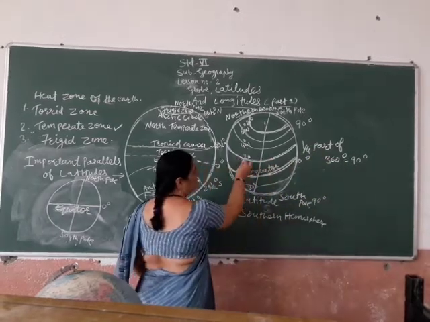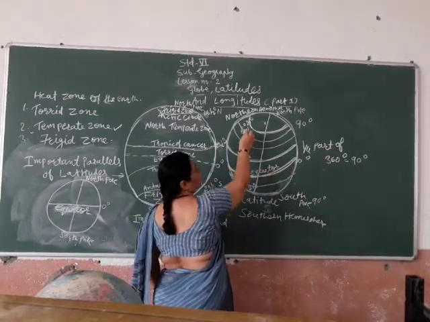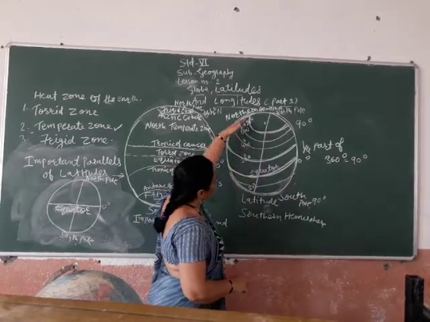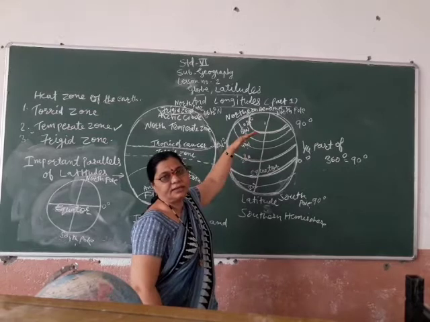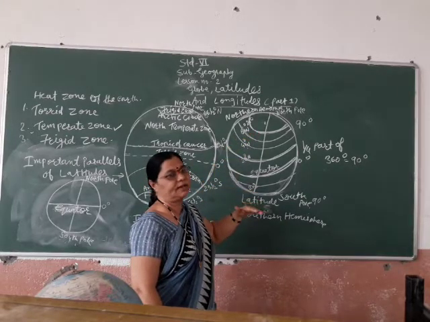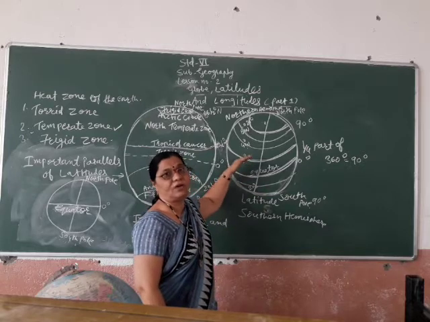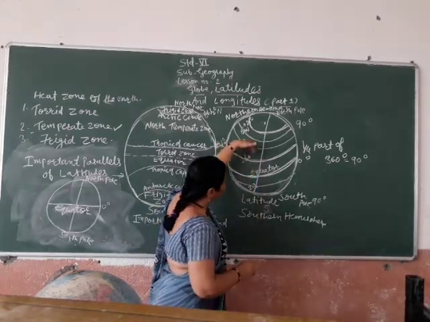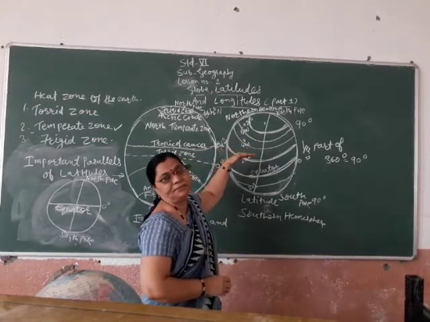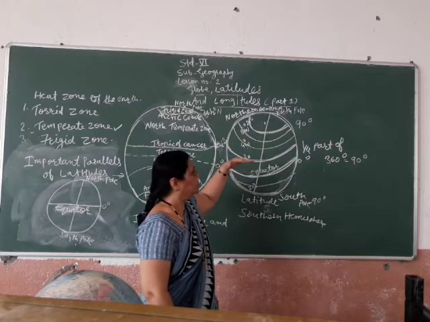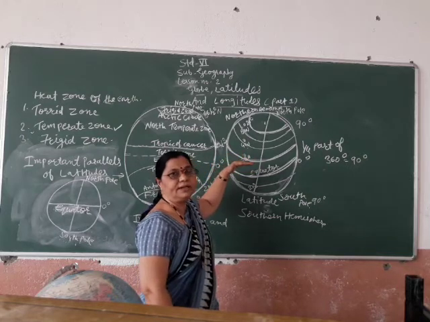Means this 20 degree north, 40 degree north, 60 degree north and 80 degree north. Now see here, suppose Maharashtra's Chandrapur place is there. The Chandrapur place is at 20 degree north. 20 degree north means here. And at the same time, Belo Horizonte in Brazil is also at 20 degree south.